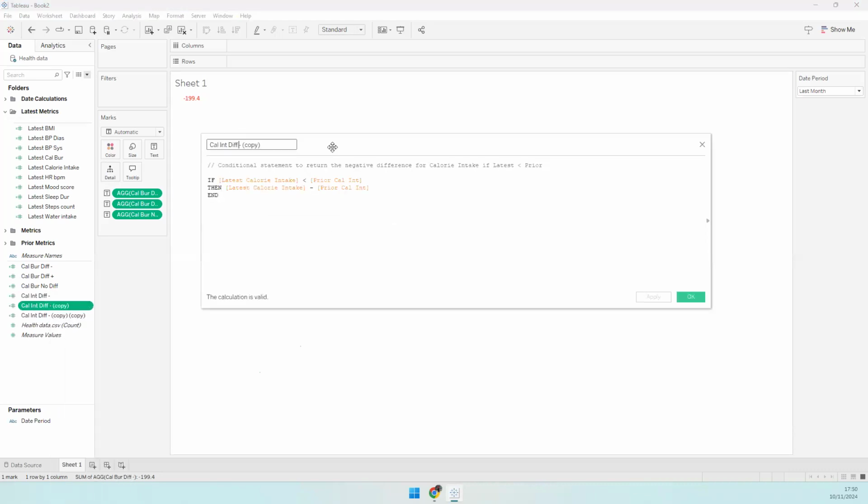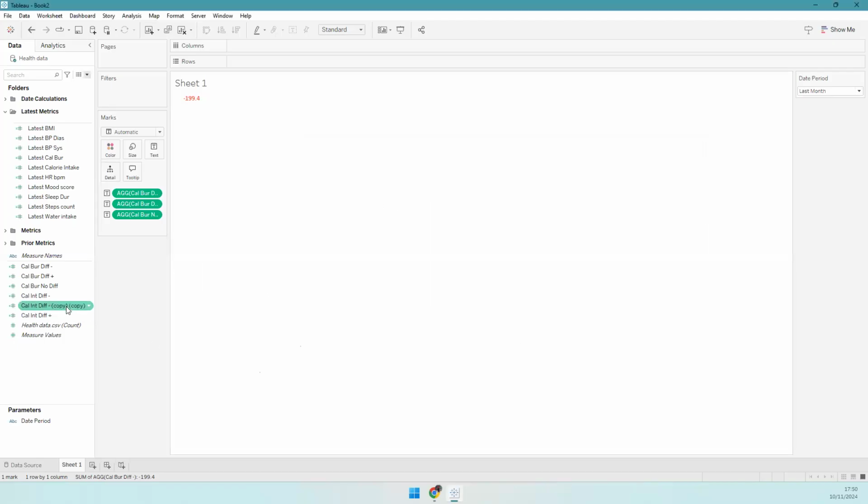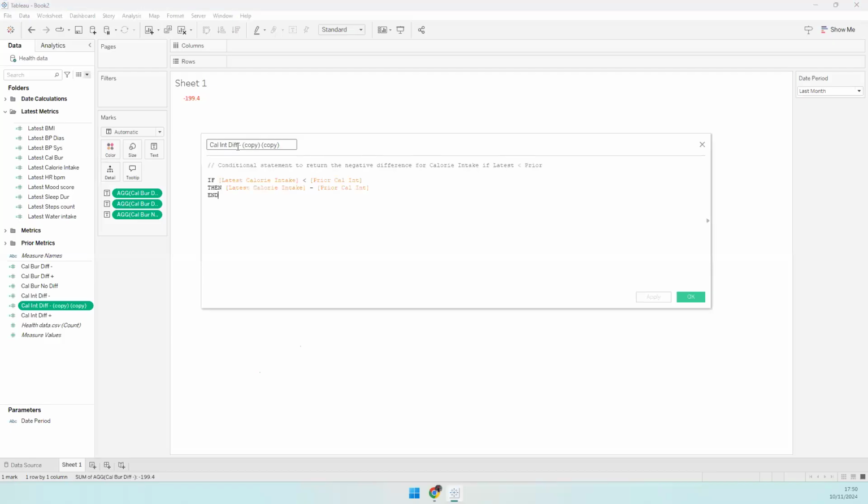Cool. And this is going to be positive, and it's just going to be greater than. Cool. And then I will do the no difference as well. And this is going to be equal to, right? So when it is equal to that,